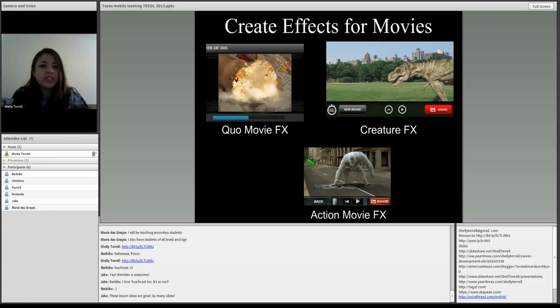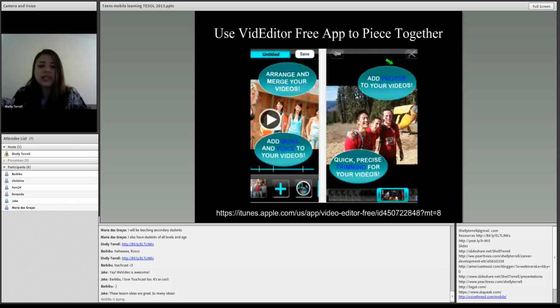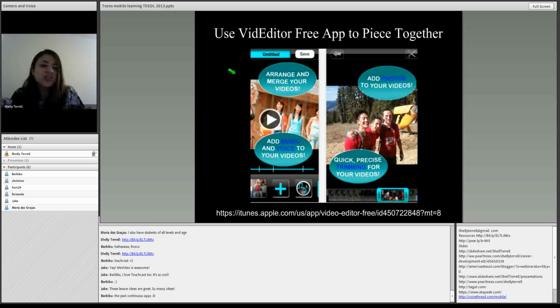There's Magisto. Magisto is for iOS and it's for Android. It's a lot like Animoto. I love Animoto as well. So it's just kind of one of those things, whichever you prefer. But they can do a lot with Magisto. They have a lot of different filters. They can draw a video. It has a lot of different themes.